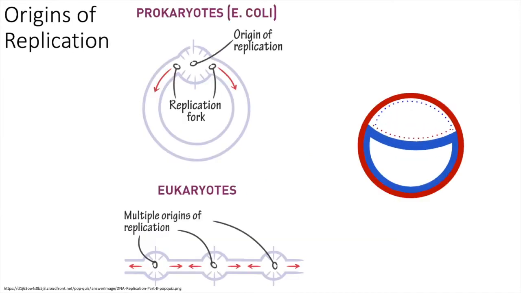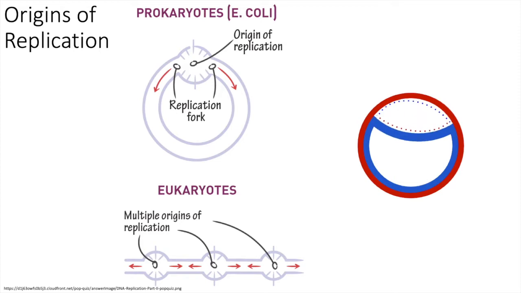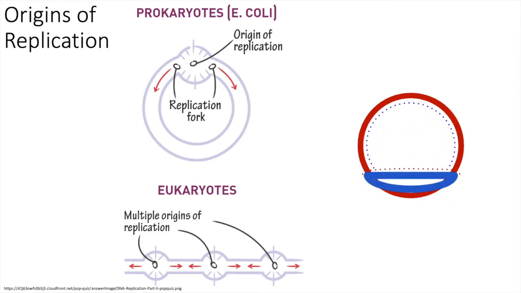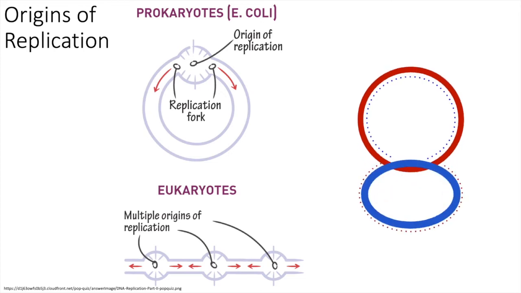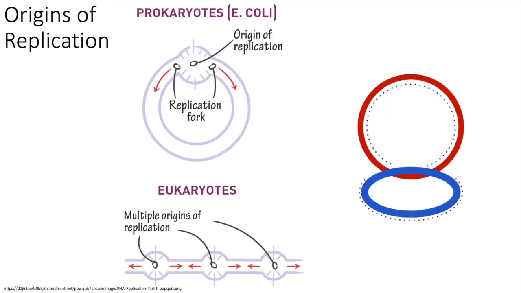Let's talk about that replication fork a little bit. In a prokaryote, like in this example, we've got an E. coli, they're going to have one, maybe two origins of replication, as we call it. That's the spot where the DNA strands have opened up and you have two replication forks going in either direction. You can see this in the animation here, where we're separating out these two circular chromosomes. Eukaryotes also have origins of replication, but eukaryotic chromosomes are huge, and so you need to have hundreds, thousands, hundreds of thousands of origins of replication